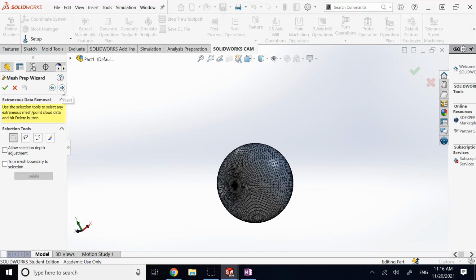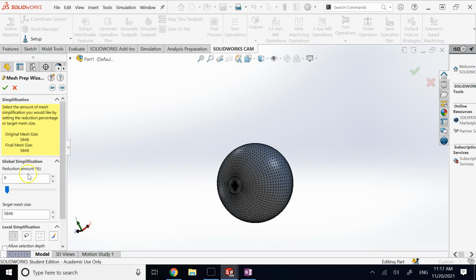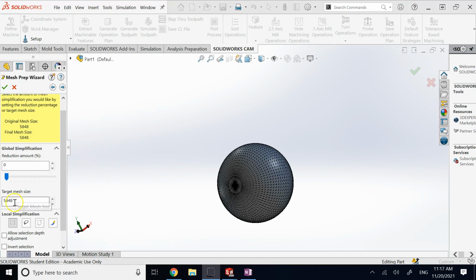So you go forward and don't select anything in this step, then you can do global simplification. Here it tries to decimate the mesh and downsample the mesh and reduce the number of triangles and the points. When the mesh size is smaller, it makes further processing a lot easier. Now here I only have 5,800 triangles, but if I want, I can bump up this simplification ratio amount, and this brings down the number